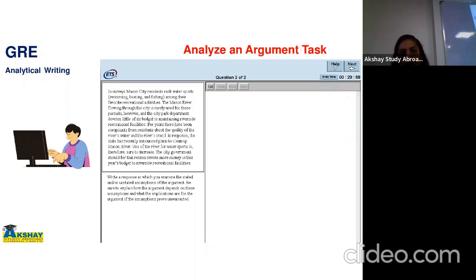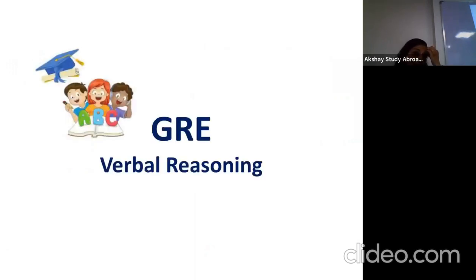Okay, so your issue score is awarded a grade between 0 to 6. Your argument score is awarded a grade between 0 to 6, and your reported score is the average of your issue score and argument score, which is in 0.5 increments, unlike +1 on the verbal and quant major. Understood? Okay. Any score above 3 out of 6 is considered to be a good score to get into a good university.